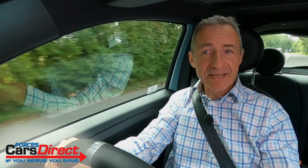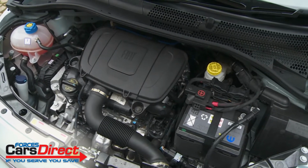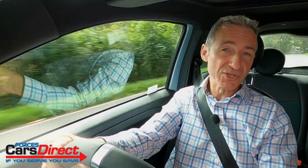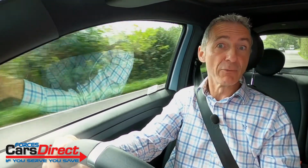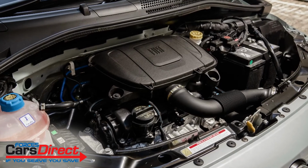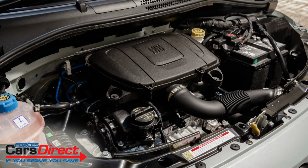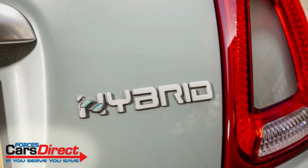The big news here is the introduction of a mild hybrid 70 horsepower 1 litre 3-cylinder petrol engine to replace the ageing 69 horsepower 1.2 litre conventional 4-cylinder unit that this car was previously soldiering on with. This Firefly series unit lacks a turbocharger, but it gains a 12-volt belt starter generator known as a BSG, along with an 11 amp hour lithium-ion battery, the major components of the mild hybrid system that the badging of this